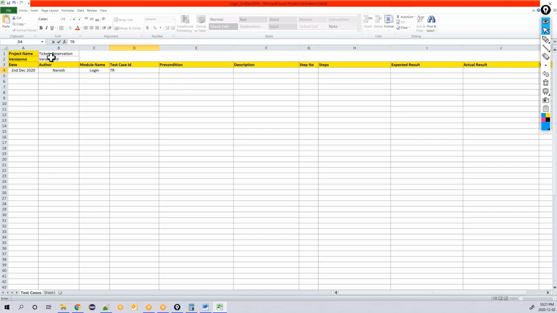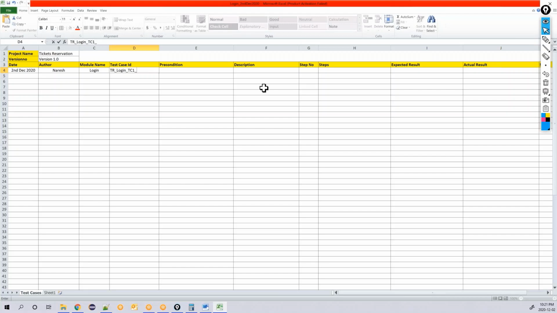I'm writing it in a short way called TR, underscore your module name. Login is the module name, underscore. I'm writing the first test case, TC1. Okay, TC1 underscore, and here you are going to write the name of the test case.